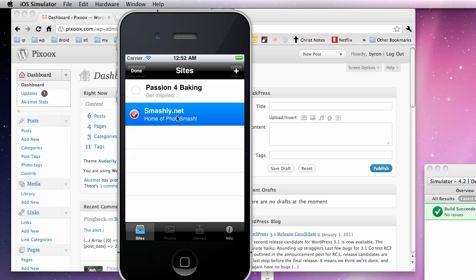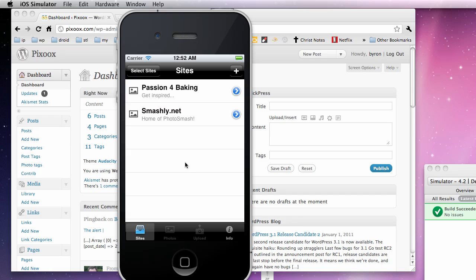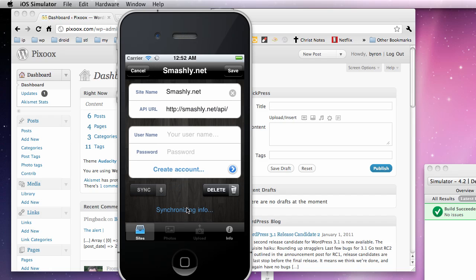So I'm going to go ahead and select these two items, two websites that were downloaded here. Click our Done button, and here's the smashly.net homepage. And when you click on it, you'll notice it takes you to a little screen here that gives you some information about the website. And at the bottom, you'll see that it did a sync, and it was successful, and